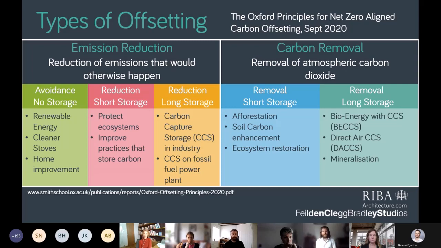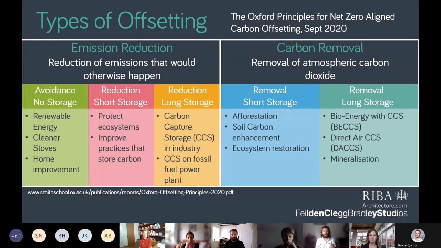So the most obvious one is afforestation or reforestation, so actually planting a forest. It could be about soil carbon enhancement. It could be about ecosystem restoration. How do you make a peat bog again or something like that? Again, those are the kind of short-term aspects. Removal in terms of long storage is where we start to look at processes such as BECCS or DACS, which